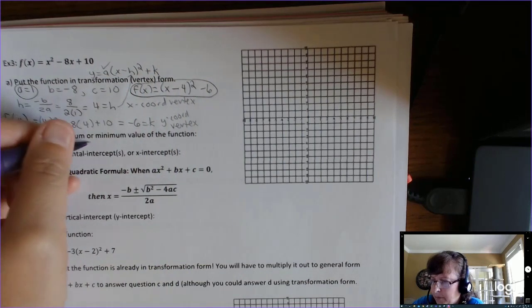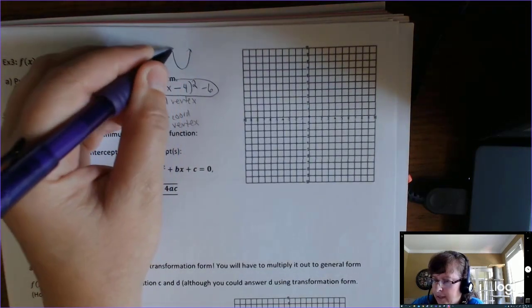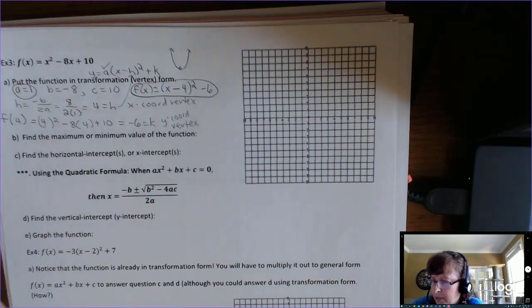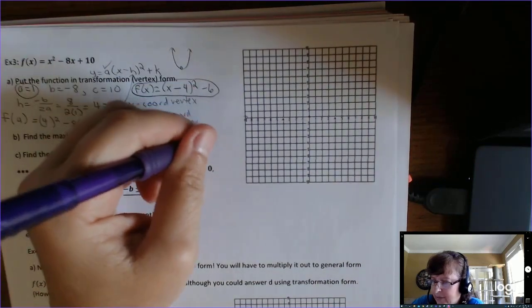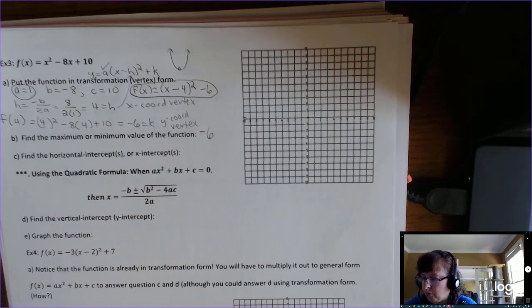The maximum or minimum value of the function. Well, this function opens up since a is positive. So the minimum is -6. That's the lowest that function's value will ever get. It happens when x is 4. Find the horizontal